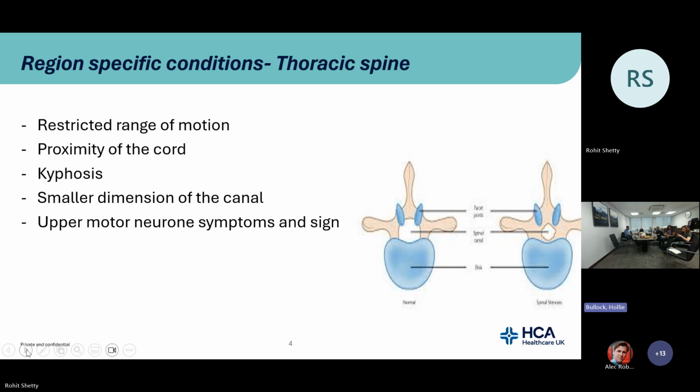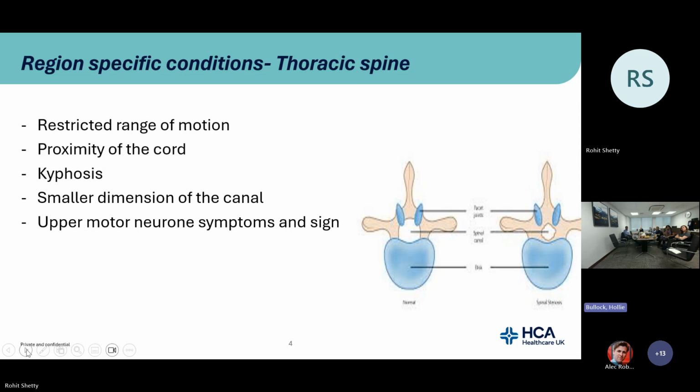We then move to the thoracic region. If you look at the chest wall, because of your ribs, you've got a limited range of motion. Which is why you don't have a lot of patients complaining of thoracic pain. But if they do, then of course you need to think of red flags, and that's why a lot of our patients come to us with neck pain and back pain, purely because of the restriction we have from the chest wall. But also, what's important is that you then have the extension of the cervical spine into the thoracic region,